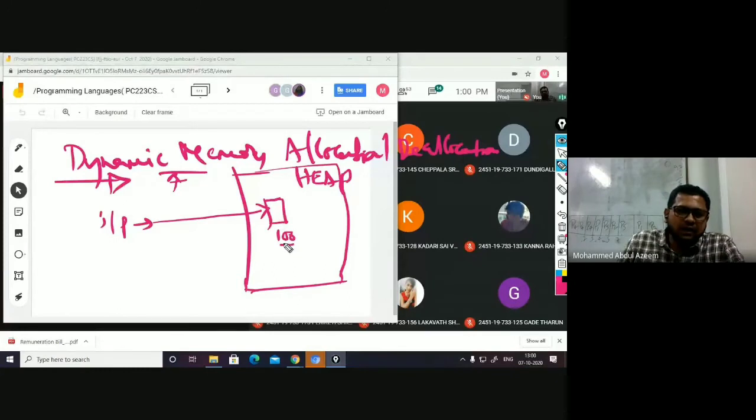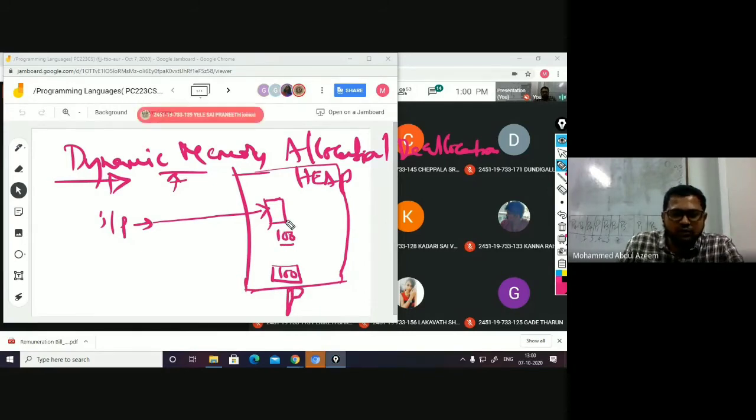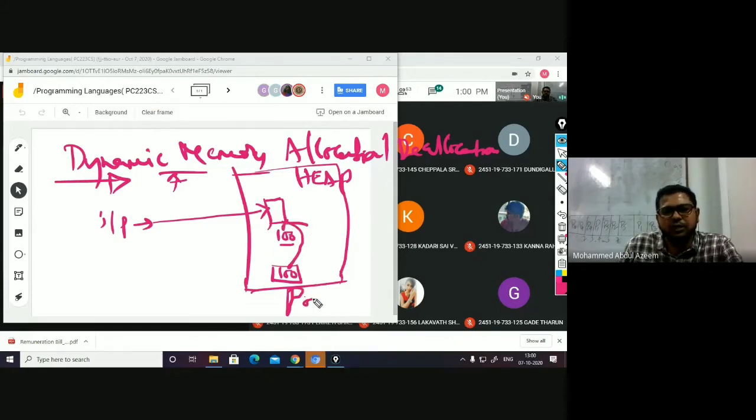But in order to hold this address, again, I need some memory. And this memory, which holds the address of the memory which I have owned, is said to be the pointer, right? I call this particular memory a pointer memory. So this is how the pointer is invented.